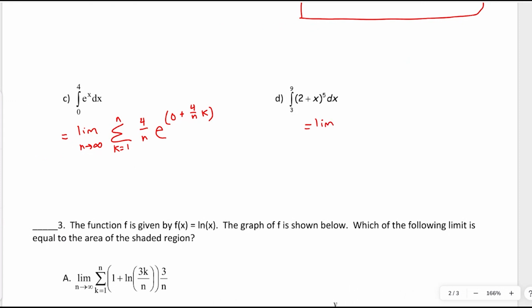So this is the limit as n approaches infinity of the series from k equals 1 to n. All right, so what's my fraction going to be? What's the base length? 6 over n, good. So 6 over n